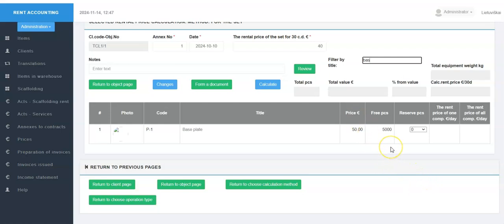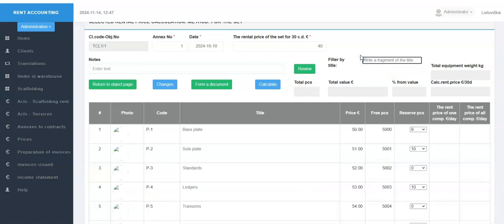In this way, after filtering, we enter the required amount of the corresponding component and then remove the text from the filter box to see the other components as well.